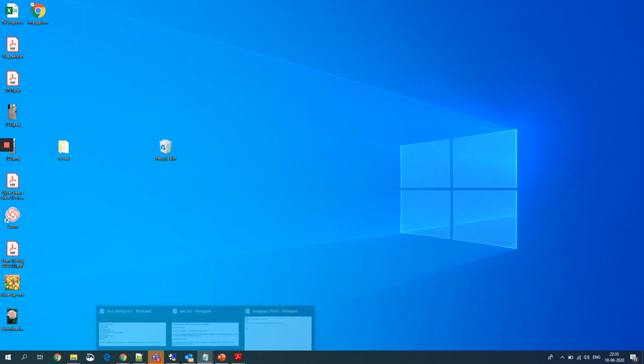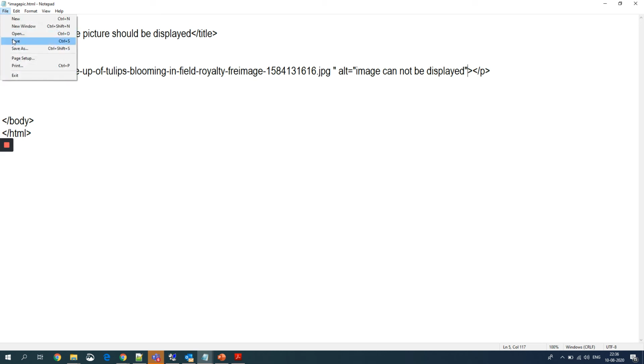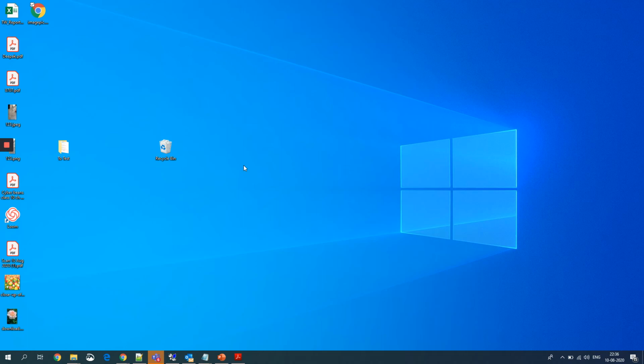But now if I write the alt attribute there, like here if I write alt equals to image cannot be displayed, and I save it. Don't forget to save it every time before you go back to the web browser.